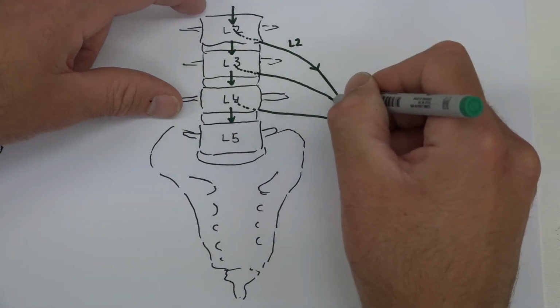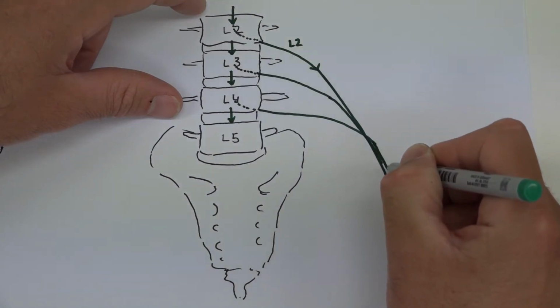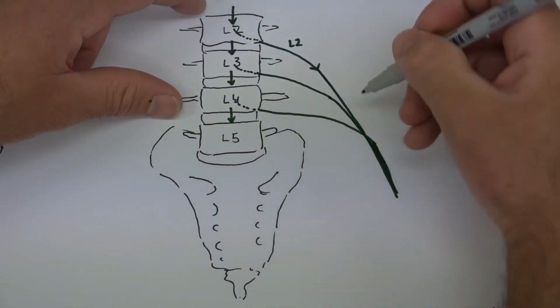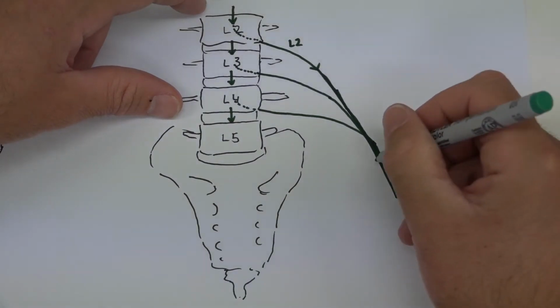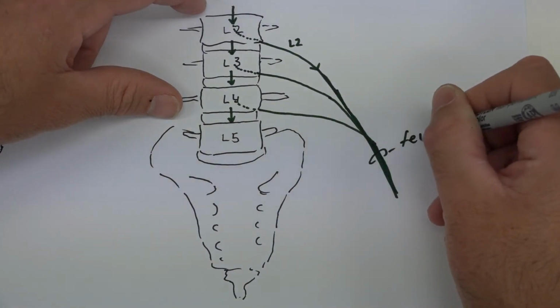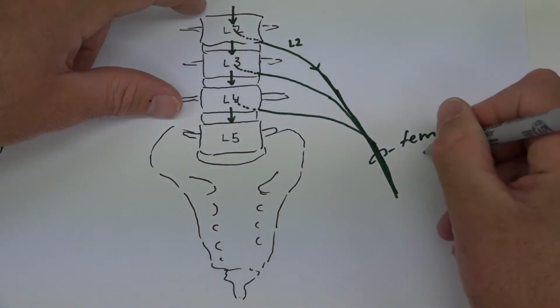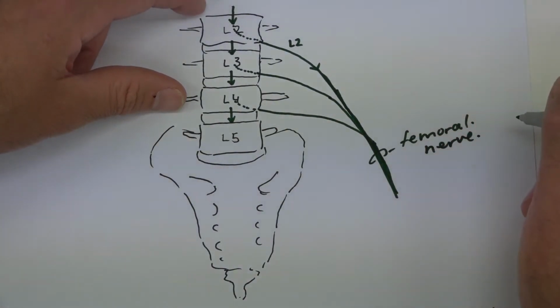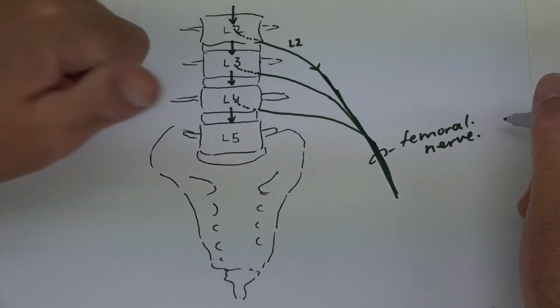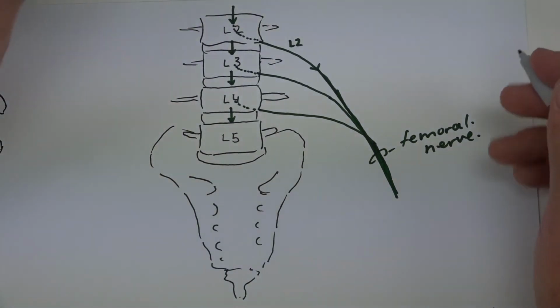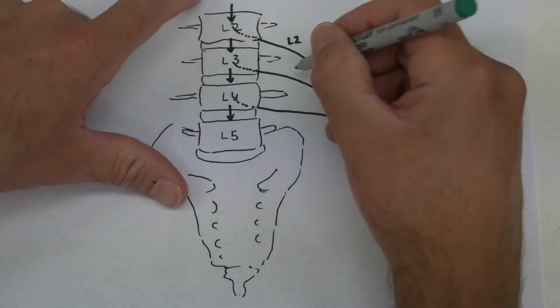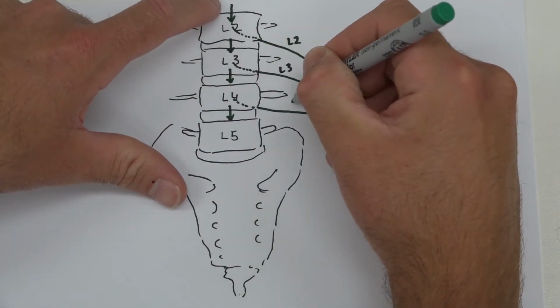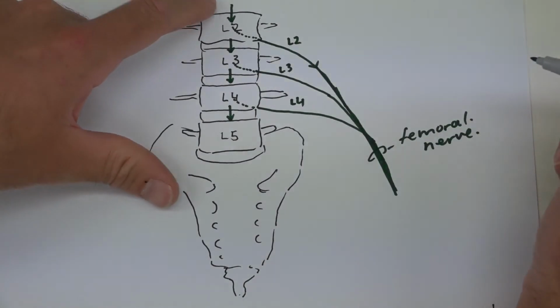All right, so all three big parts of this are going to come together, and they're going to make a large peripheral nerve, and we would call this one the femoral. And the femoral nerve, we know it supplies the anterior thigh, so muscles like your vastus medialis and rectus femoris and your sartorius. Now at the same time, from these levels, L2, L3 and L4, we also have the obturator